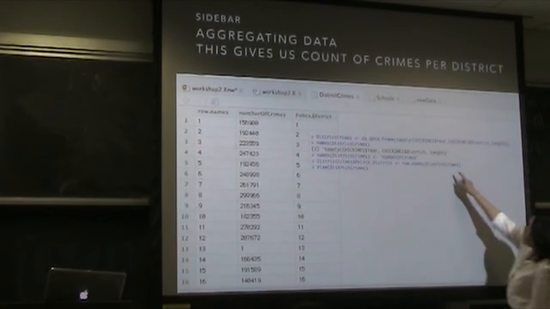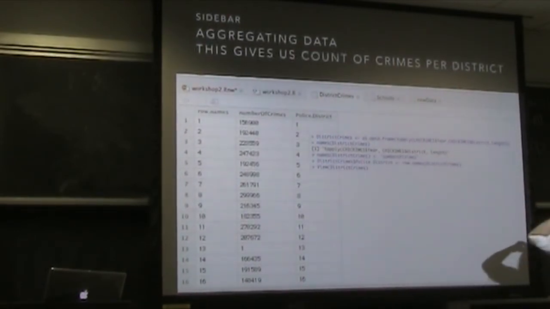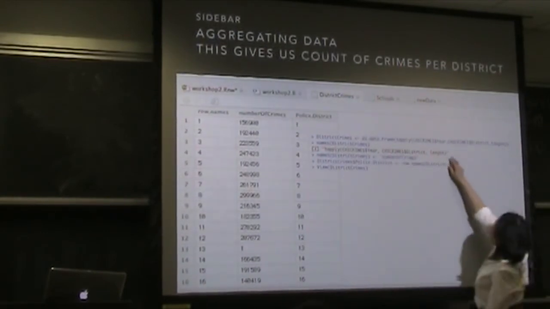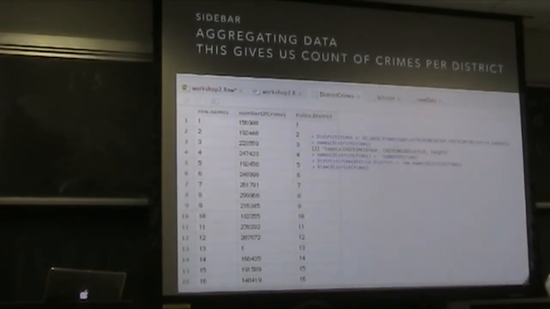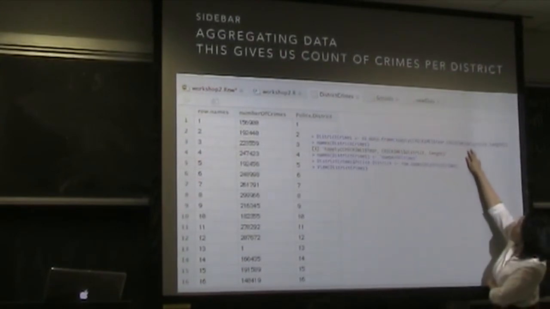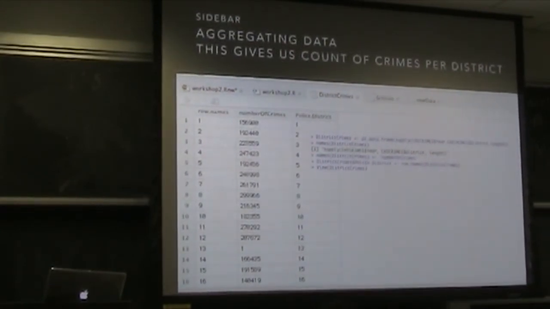I've got the Chicago crimes data set, and I'm going to use tapply, which is basically a table apply. I guess that's what they mean by it. I'm going to tapply by year, so I'm using year as the variable, and I'm going to group it by district. So the syntax for tapply is tapply.